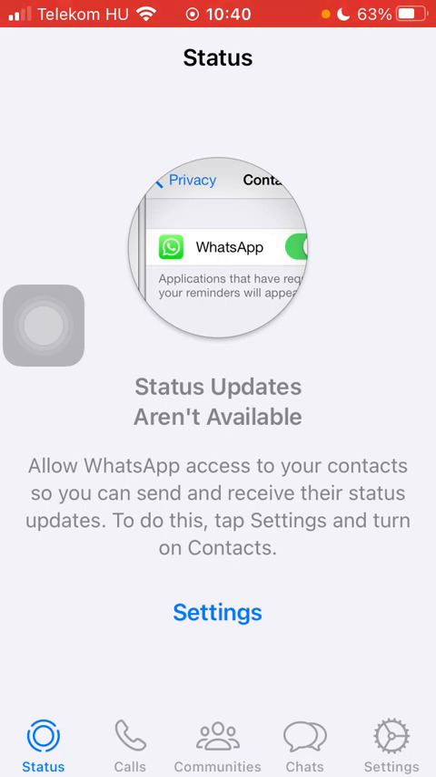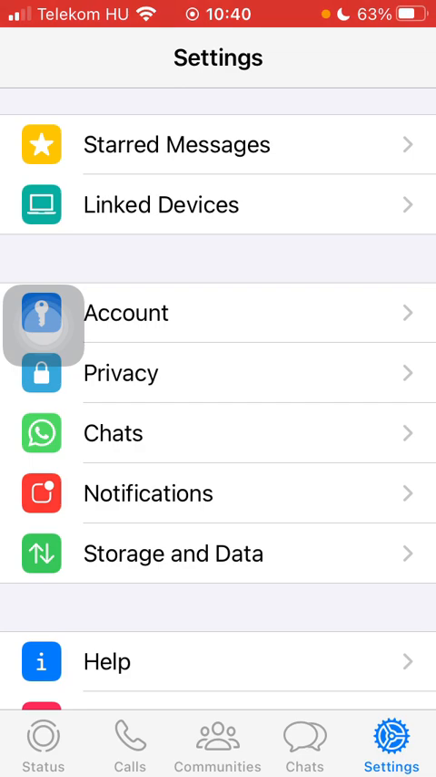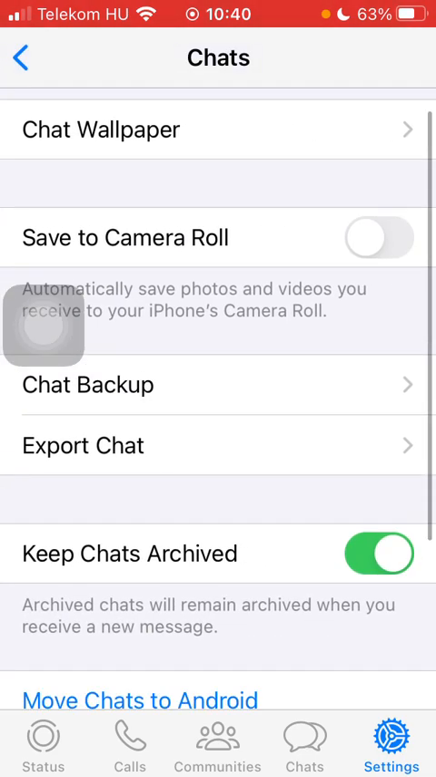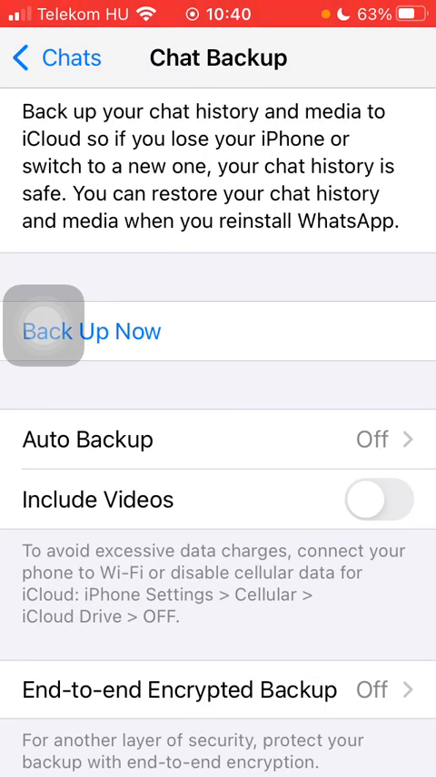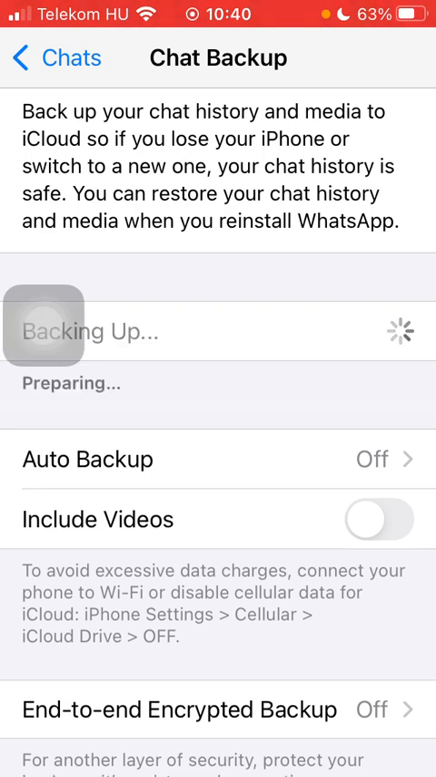First of all, open the app on your phone, click on the settings button down below and then tap on chats. Then you should click on the third option, chat backup, and here you have the backup now button to back up your chat history and media to iCloud. So if you lose your phone, your chat history is safe. So tap on this button